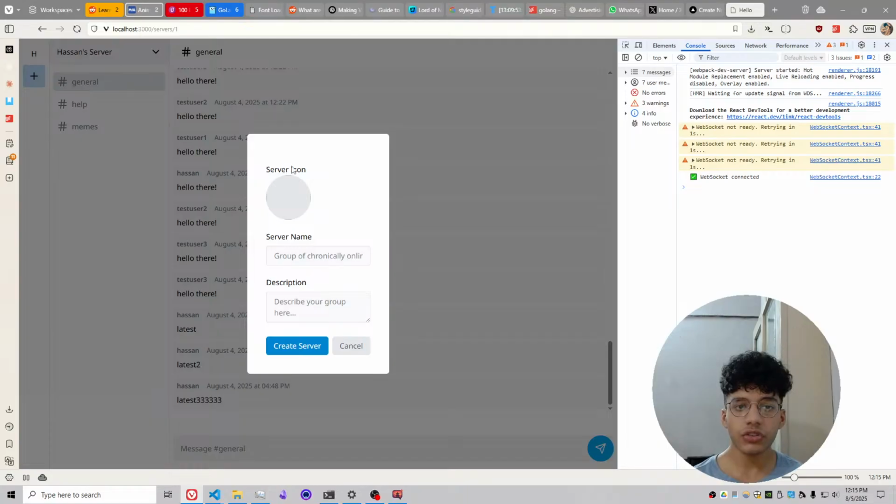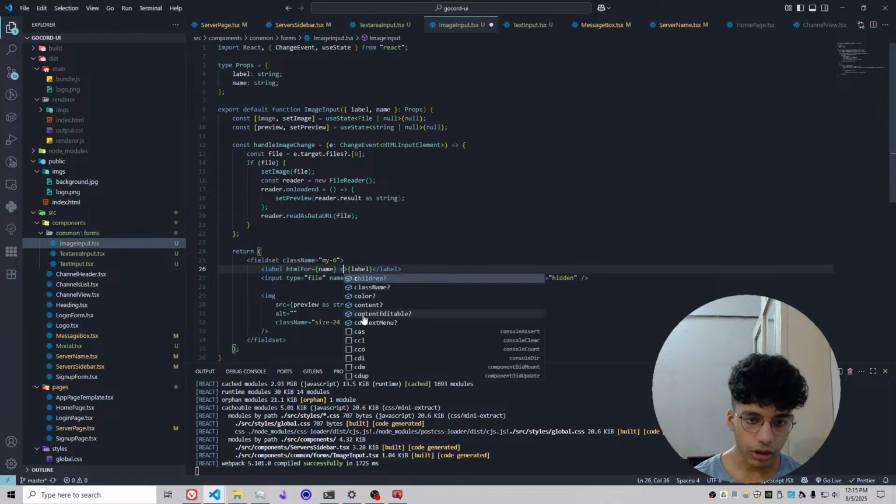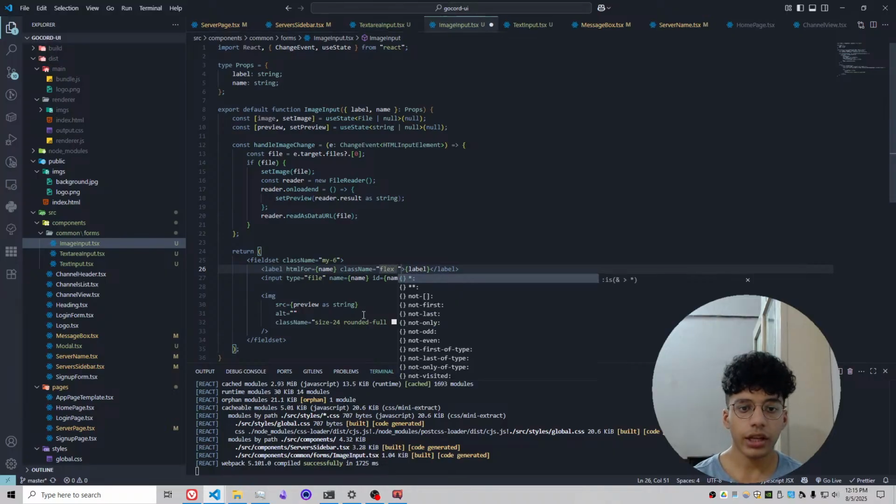So even if I just click on the label, we can still see it. So what we're going to do is keep this actual input element completely hidden, and we're going to style the label. So I'll give it a couple of classes. Let's say flex col space y2,